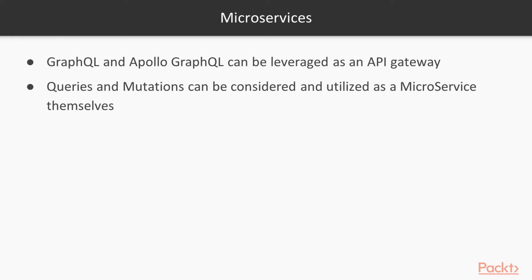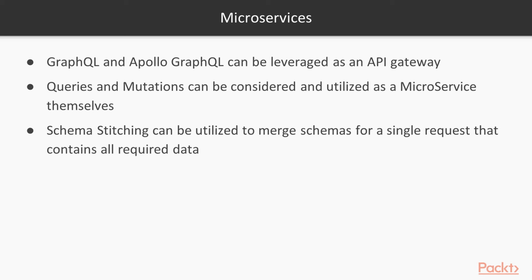Second, queries and mutations do fit the microservices architecture because they complete a single task: retrieving, creating, updating, and/or deleting. Third, if data needs to be munged, stitching will be the best way to achieve the results desired. We have only touched a few key points regarding how microservices architecture is leveraged inside of GraphQL itself. So, to that extent, we highly encourage you to continue down this path on your own, learning how this can